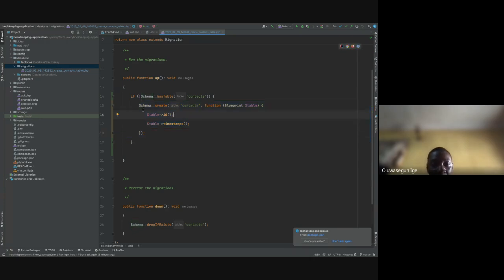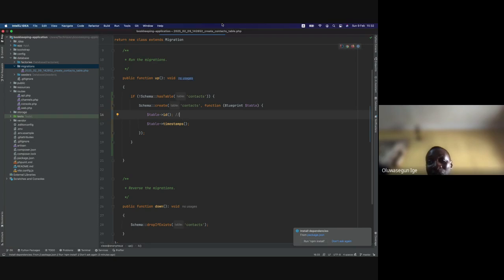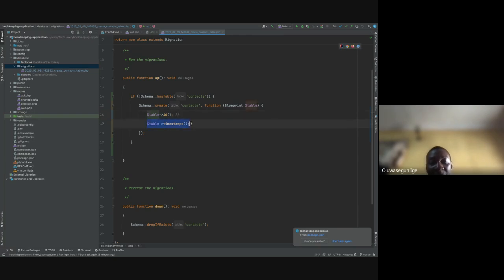Now, I have table ID, I have table timestamps. Let me explain to us. This ID is a unique ID, and it's auto-incrementing. That is, if I'm saving my first record, the ID is 1. My next record, the ID is 2. Just think of your database as Excel or Google Sheets. I want to believe that almost all of us on this call have worked with Excel before. We have something called rows and something called columns. Why this timestamps? When we create our database, you will see it in the form of a created at